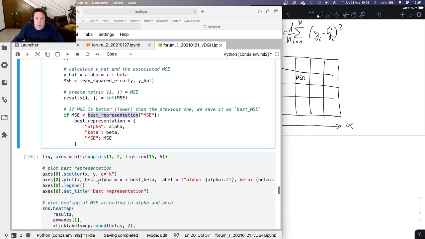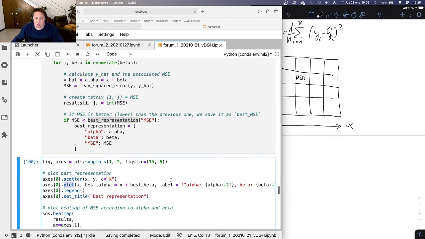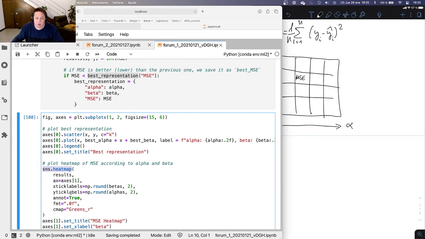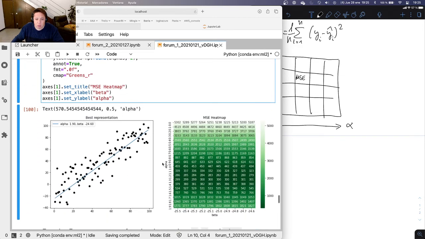So if we plot this, again, I am plotting using a scatter plot and a normal line plot for our representation, and the heat map using Seaborn again, okay? This library is quite useful, and I really recommend you to get the gist of it and to play with it so that you are familiar with it, okay? By doing so, we have here on the left side the best representation with the scatter plot of our actual values and the line, the set of parameters that yielded the best fitting representation of this data,